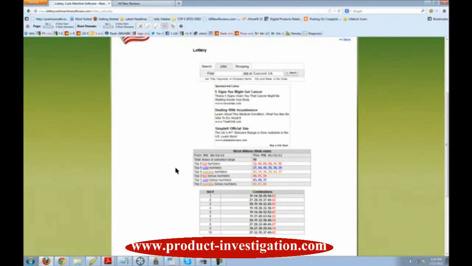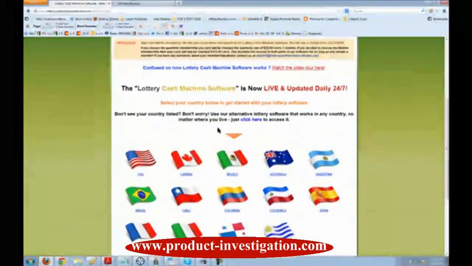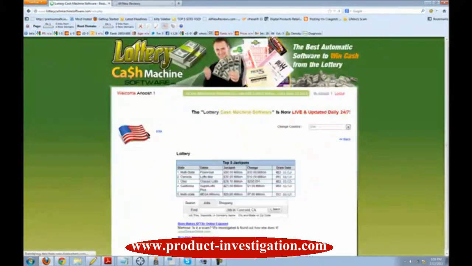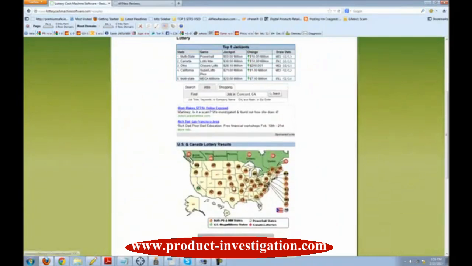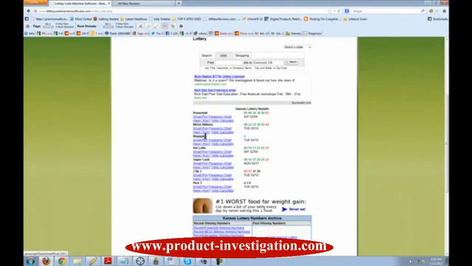Within a few clicks you can have the hottest numbers calculated based on a smart, complex algorithm. So that's the power of it right there. But that's not all there is. There is a few other things that I want to show you guys. So going back to the home page, I'm going to select USA. And you can just select another country here, or another state, I'm sorry. Now scrolling down, we'll just say Powerball, and as you can see, you have your Have I Won feature, and